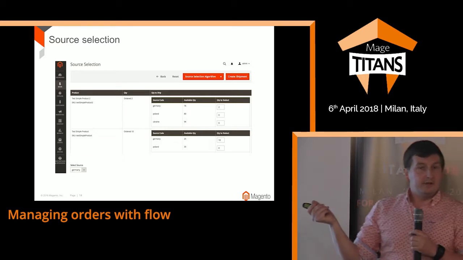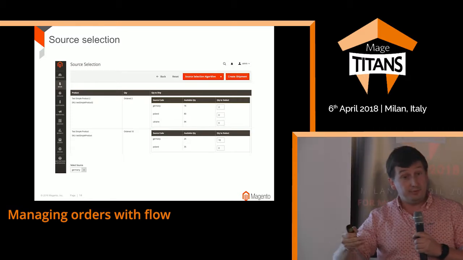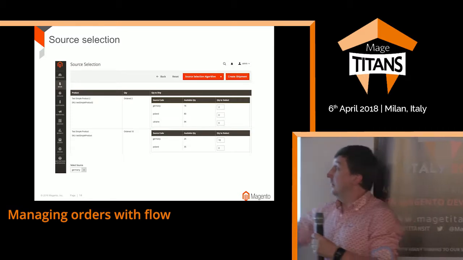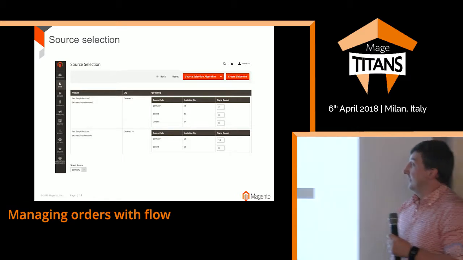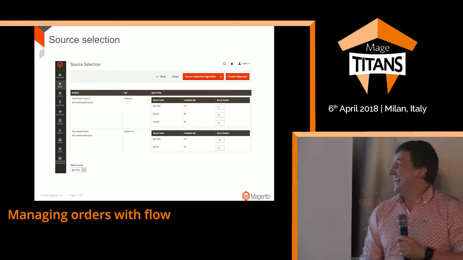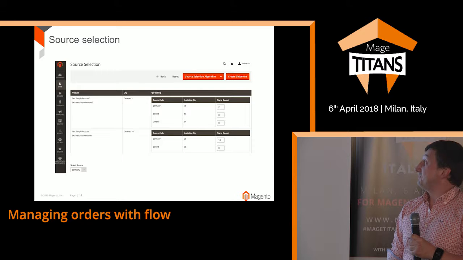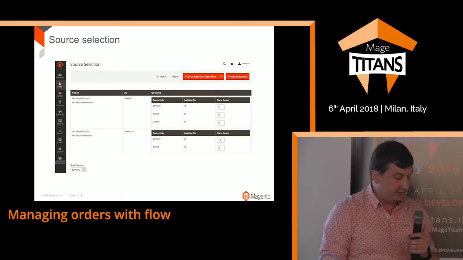By default, it's by priority. Every stock, every aggregate has a list of sources which are ordered by priority. So Germany has more priority than Poland, then probably more priority than Ukraine. Let's not get into politics there. So by default, that's why the 2 goes here. But you could also choose another